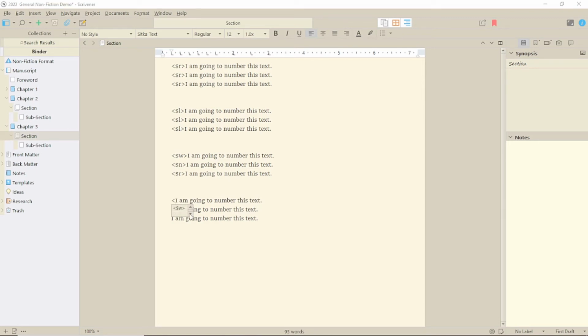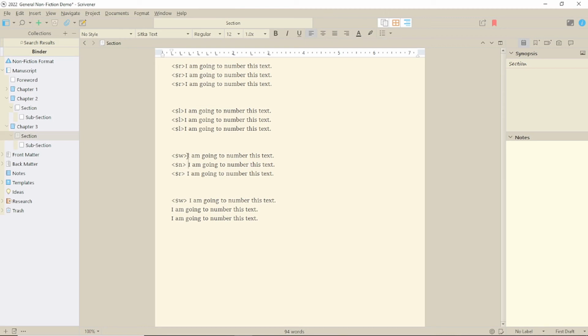Why might this numbering be useful? Well, the obvious answer is for numbering figures and such like, although you can do that in other ways. You might simply want to number each paragraph directly in the text, rather than trying to sort that out in Compile. Or you might have some specific numbered format you have to submit your document in.